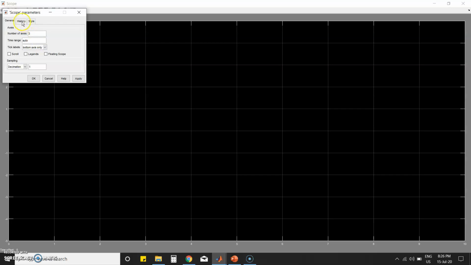One thing. Another thing, here you have to uncheck this point: limit data points to last 5000. This is because of the memory. If you check this and run the simulation, it will store some of the points around. For that, uncheck this point, and in the style